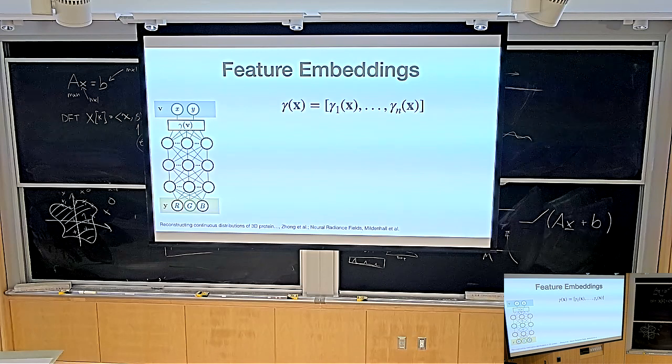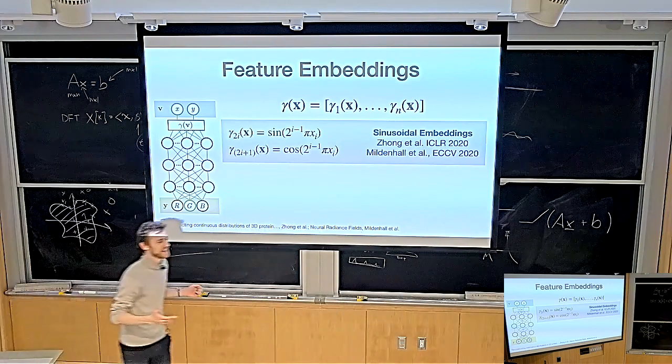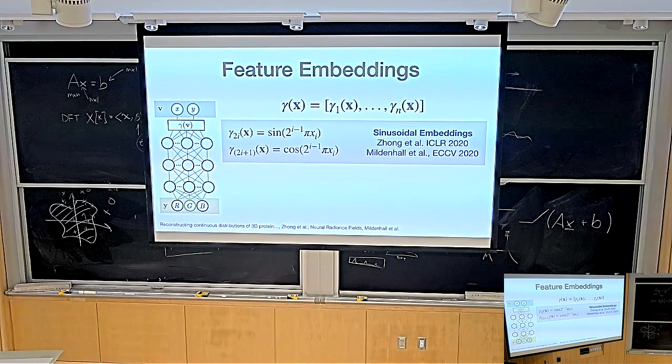Let's imagine this function, for instance, could be a sine. So you might apply a sine to the x, like this. This is then a sinusoidal embedding. This was actually proposed first by someone who's going to give a guest lecture in our class, Ellen Zhong. She used this for cryo-EM 3D protein reconstruction with distance with occupancy functions. And then in NeRF, this was basically what was used.